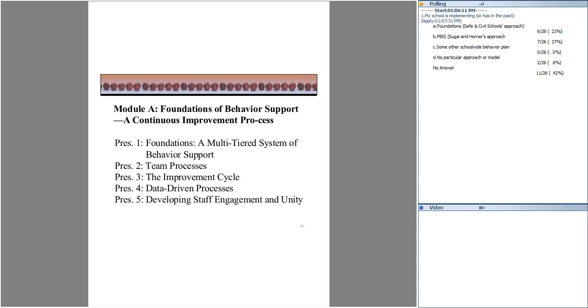And what the team is doing is driving a continuous improvement cycle that I'll show you a little bit later, and that cycle is driven by data-driven processes. In other words, utilizing multiple data sources to identify a manageable number of priorities that the leadership team on the behavior side of a tiered systems of support approach is driving to,